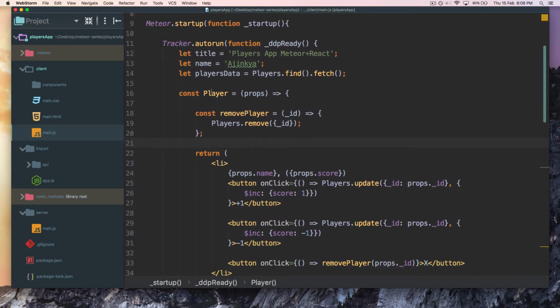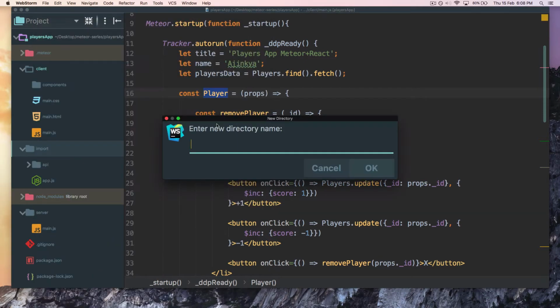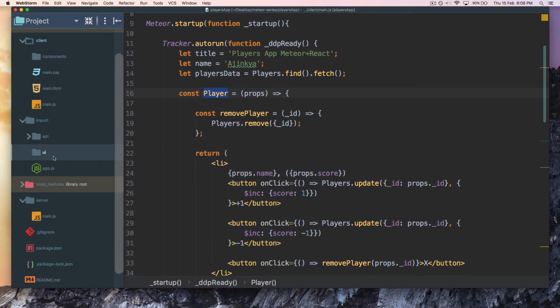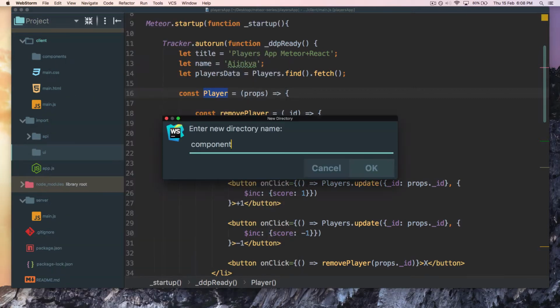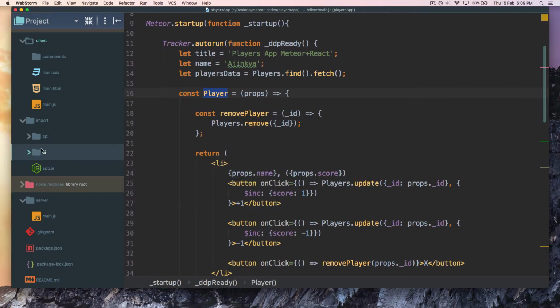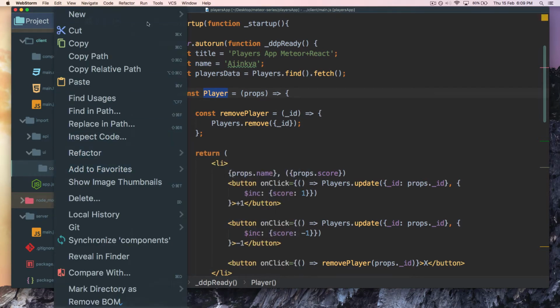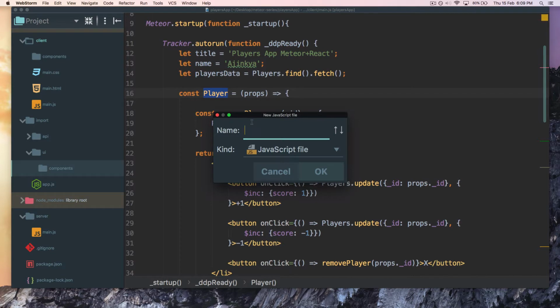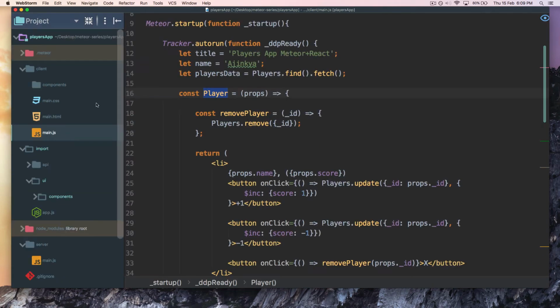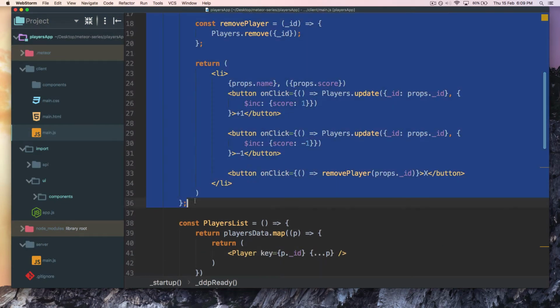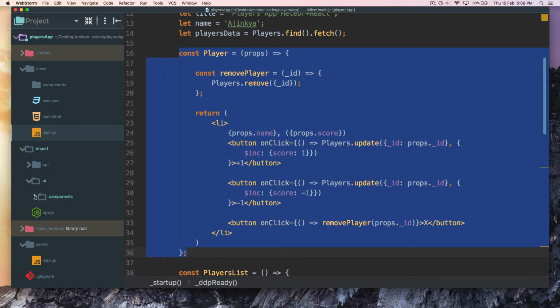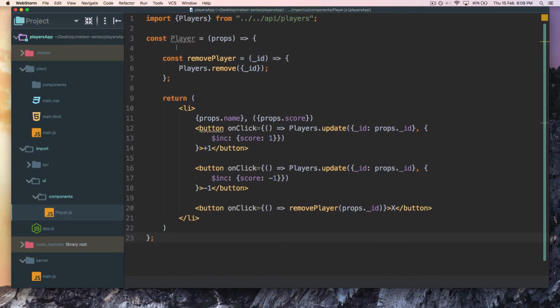I think I'll start with player first, since this is a single entity. Inside import, I'm going to create another folder, I'll call this UI, since we are going to add UI related stuff inside this folder. Inside UI I'm going to add another folder, components, and inside this components I'm going to add a JavaScript file called player.js, and let's just go to main.js. So I'm just going to copy this entire constant variable and put it inside player.js,